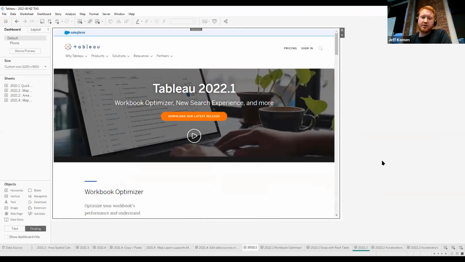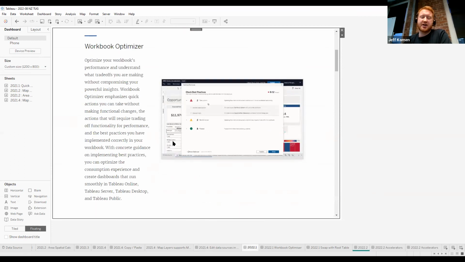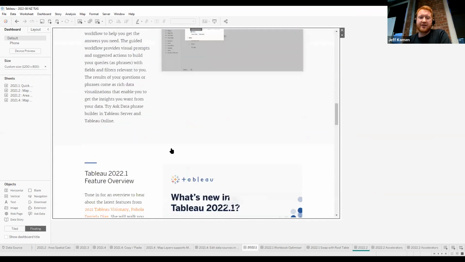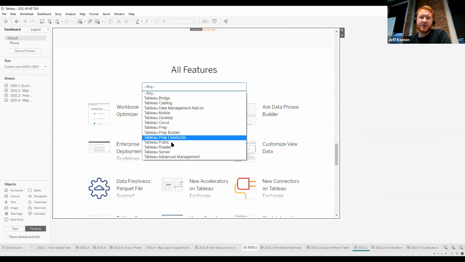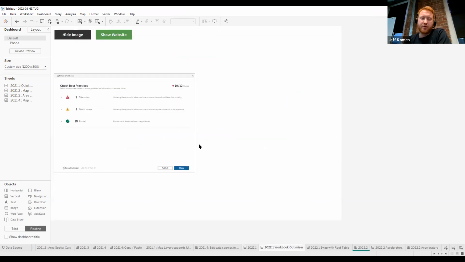And if we have a quick look at a couple of things that have been released this year. The Workbook Optimizer, the idea there is that it helps you identify poor or slow performance on your workbooks, if you have particularly slow workbooks, either for yourself or for your end users. And if I jump down into some of the features of 2022.1, probably the optimizer and this data model swapping root tables, I think is quite an interesting one as well. So if we look at the Workbook Optimizer,